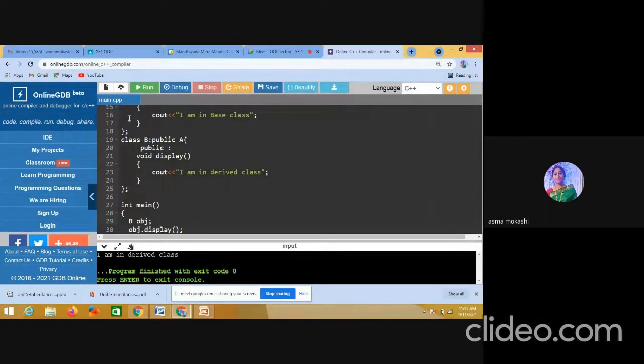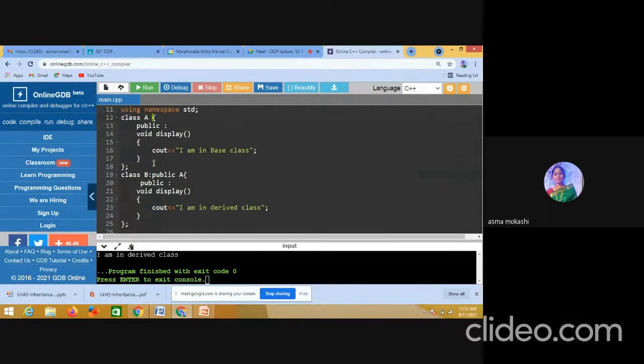So what we observe is that the derived class display method overrides my base class display method. The output comes from the display method of the derived class, not from the base class. So what we understand from this logic is overriding: the derived class overrides the method from the base class when they carry the same number and type of parameters. That time overriding occurs.